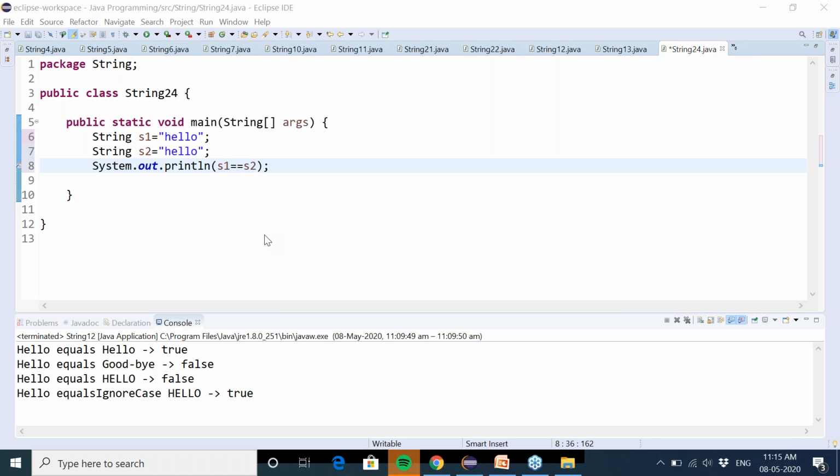Puneet Baba is saying true. Tanya Hasija has written false. So let's check the output first, and then we will discuss why we are getting this result. Neha Sharma has written true, sorry. Deepak has written false.